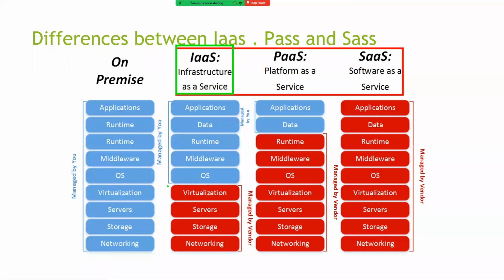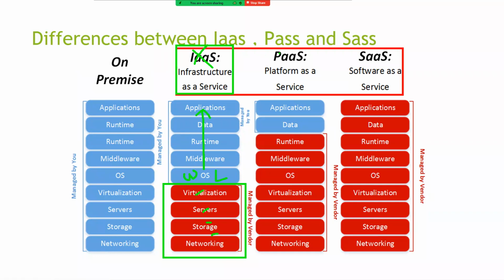In infrastructure as a service, whatever the things are highlighted with red color are provided by the vendor. On top of it, which operating system is required, maybe Windows or Linux. On top of it, what type of application you are going to deploy depends on your business requirement. Got it? Next, when you go for PaaS,